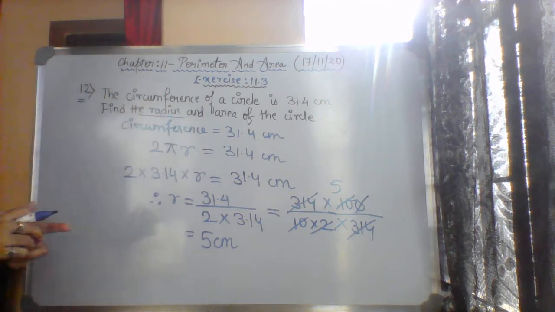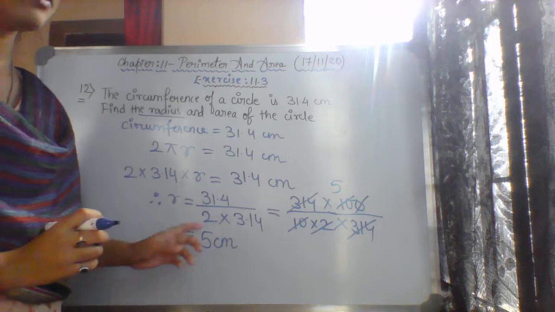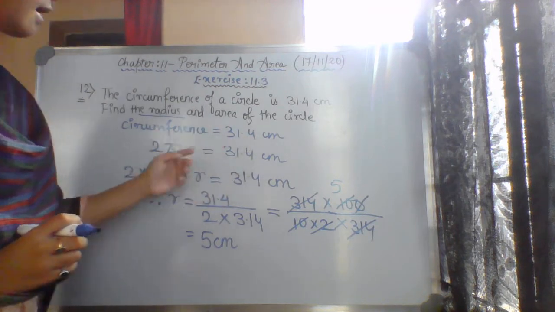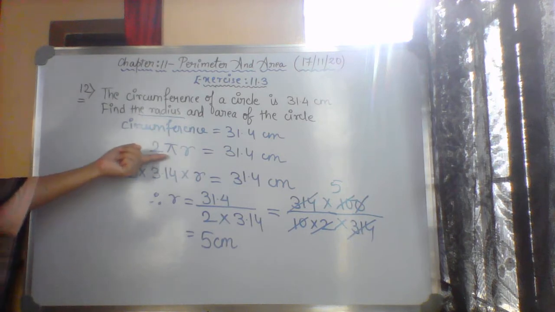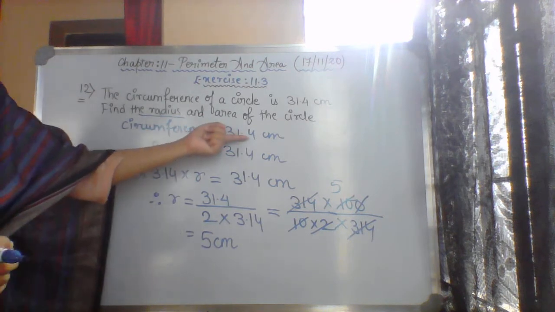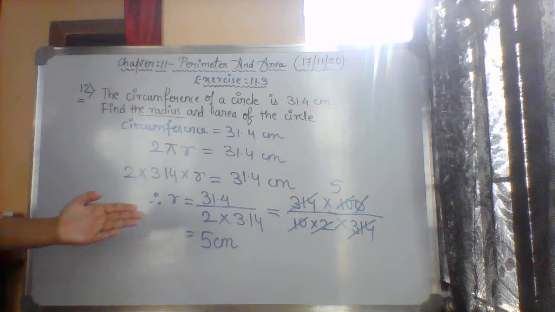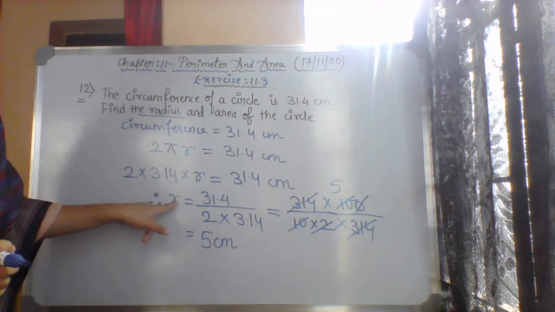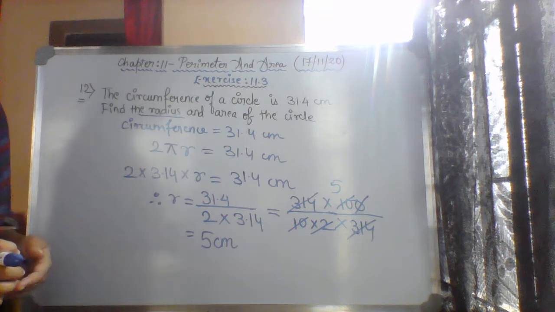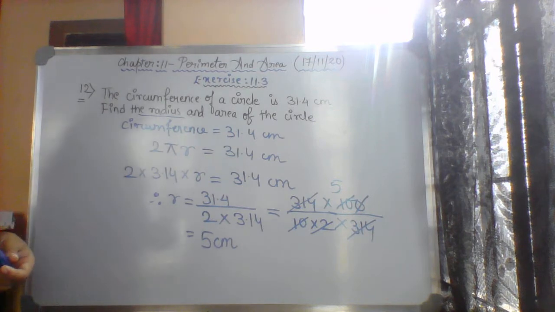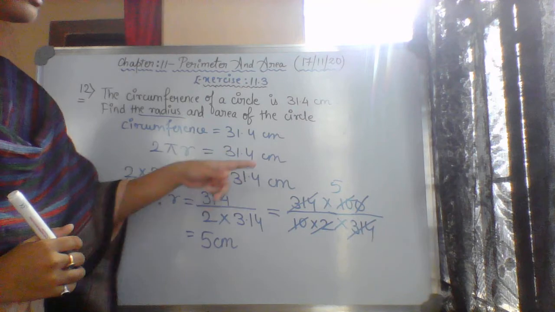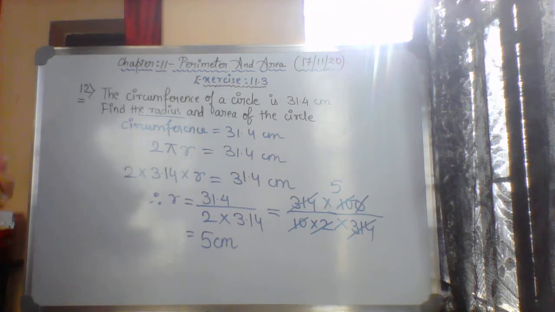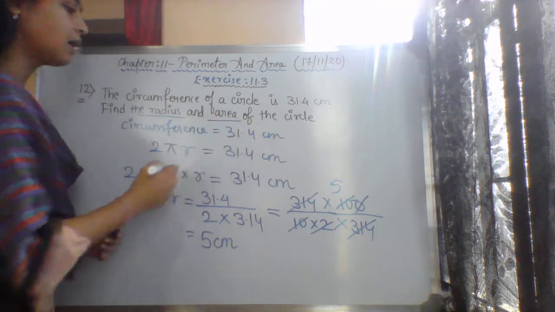Find the radius. So you just have to write what is given and put the formula there. Use circumference. Below that you write down the circumference formula and write down what the value is. If you go on doing this, you will finally get that variable. Here our variable is r. So what is the radius of that circle with the circumference 31.4 centimeter? It is 5 centimeter.